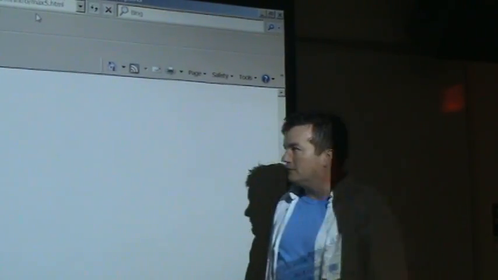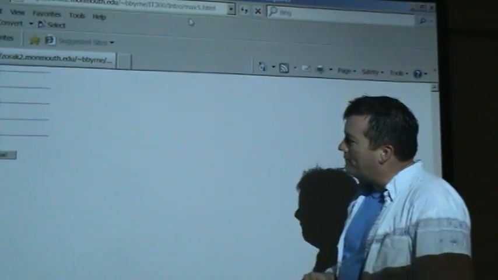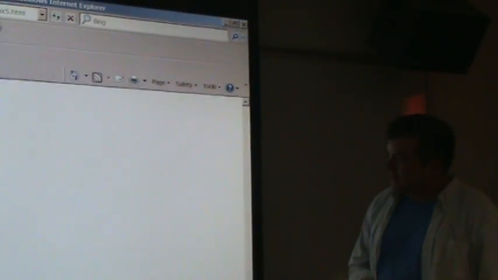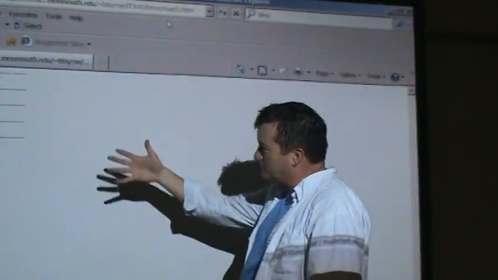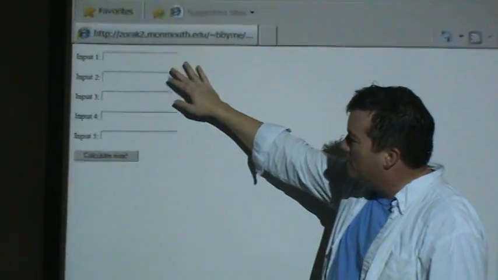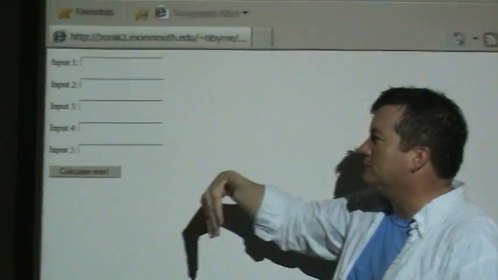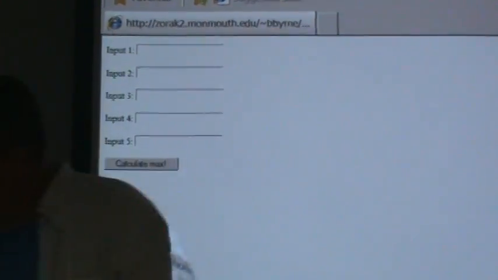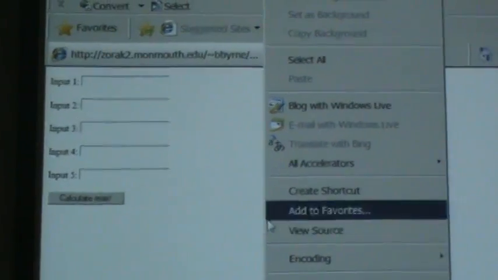It could be something else. But I happen to have created a web page that asks, so it's just the same thing we just did in the Excel spreadsheet, same exact logic. But now I'm going to hit a button and the result is going to be the answer will come out. So when you go to this web page,